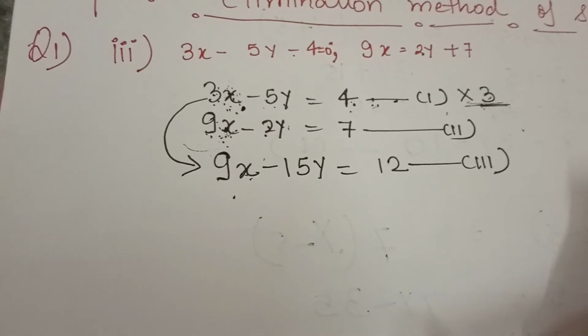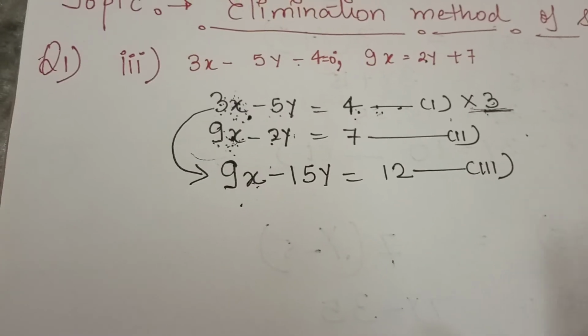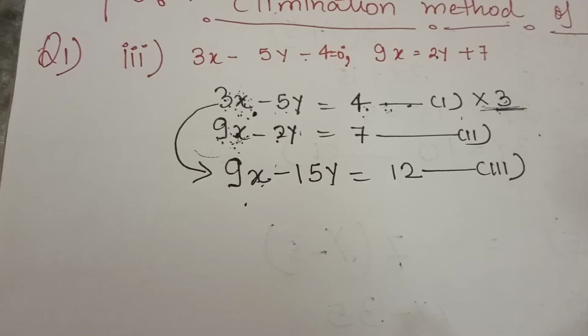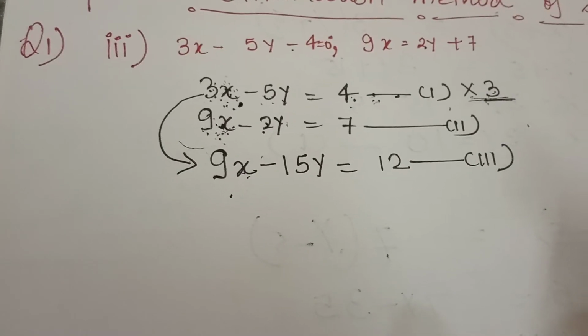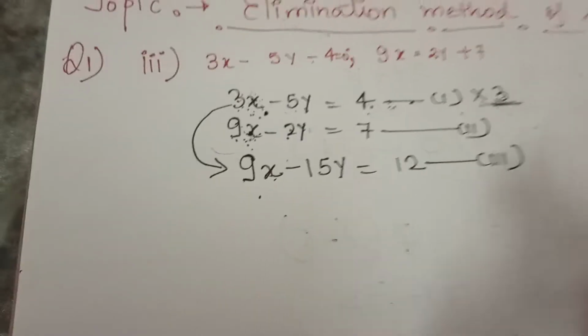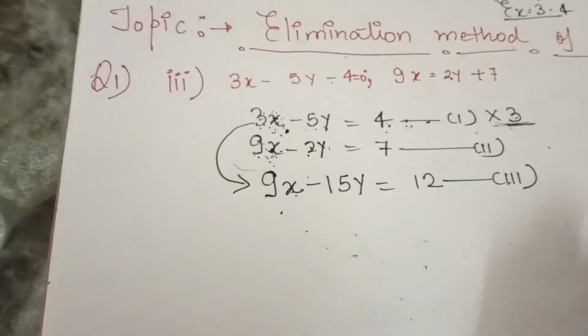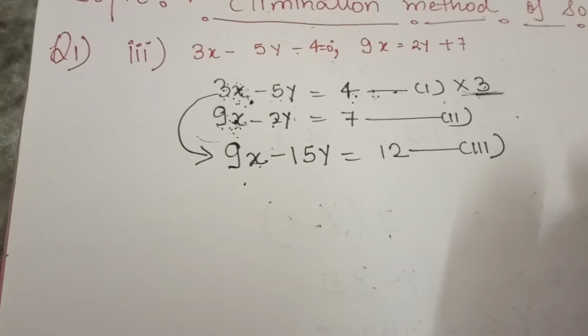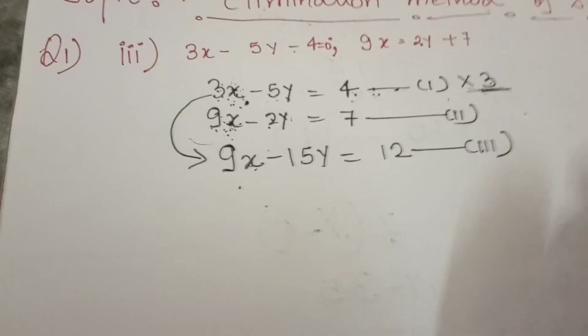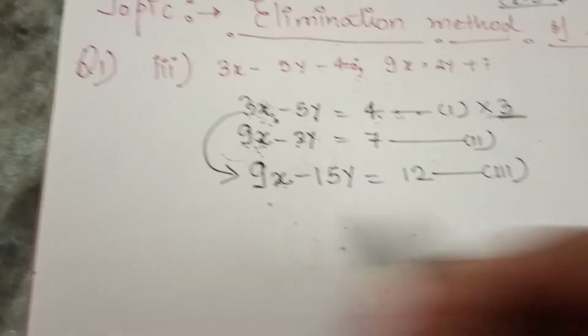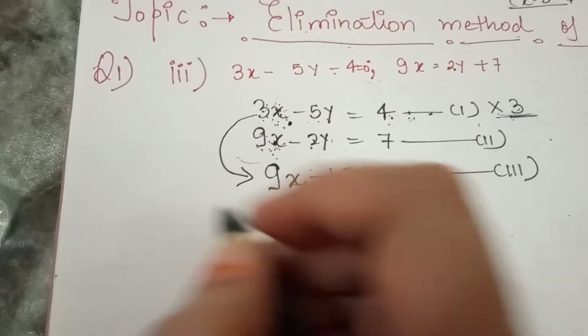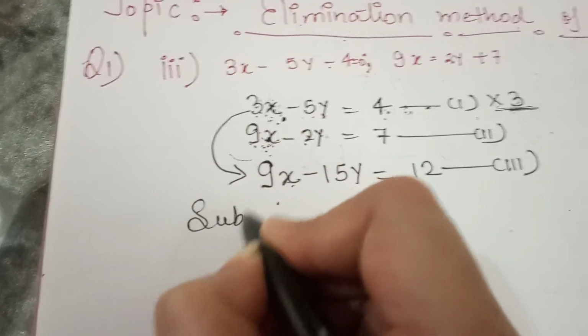What is the agenda of the first step? That we have to make equal the coefficient of any one variable of both the equations. ठीक है, हमें दोनों इक्वेशन के किसी भी एक वेरिएबल का कोफिशिएंट सेम करना है. Now, what is the next step? That next step is now subtract